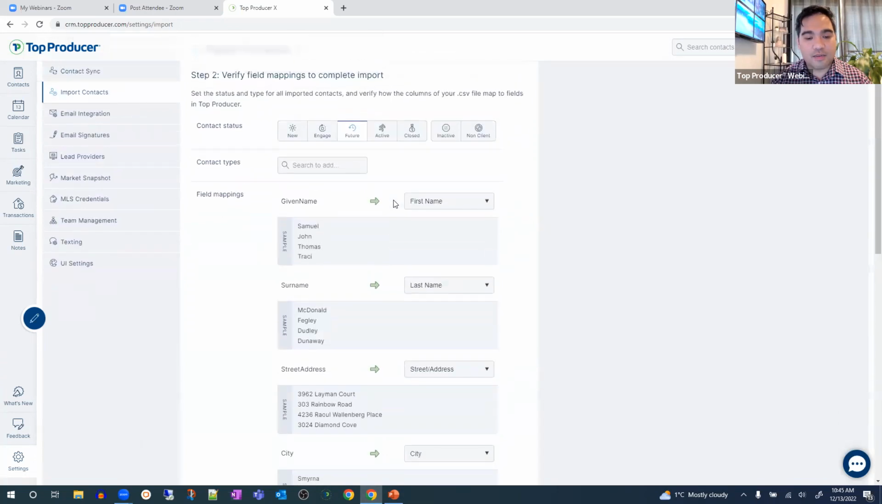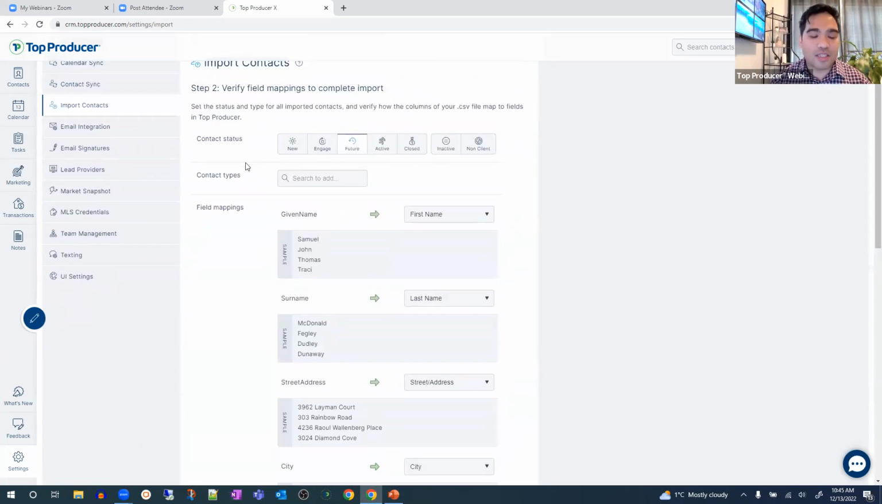And then, if there's a certain contact status or type, you can plug that in. The default is future if you don't know which one to pick. You can always change each one afterwards. But let's say you're importing a bunch of